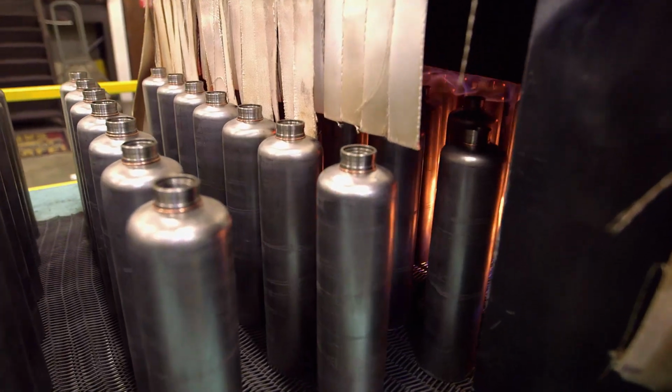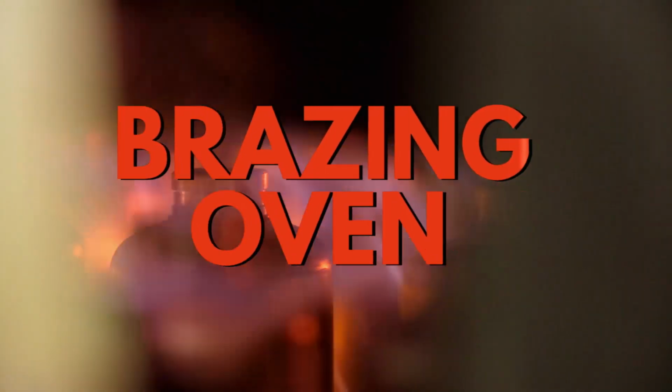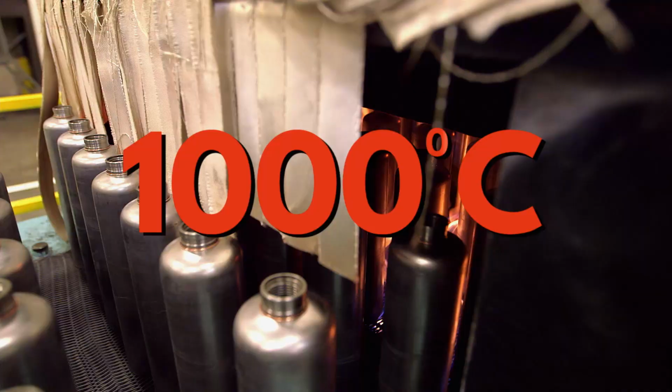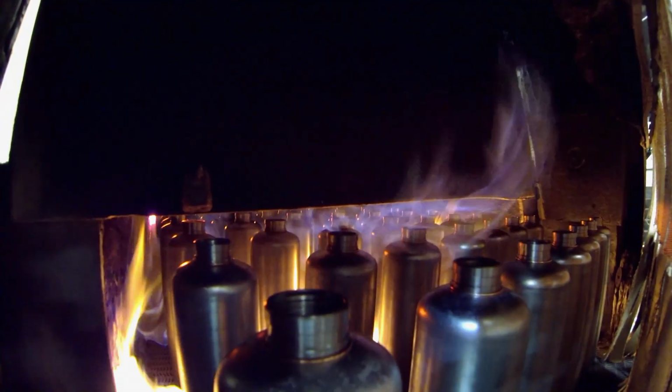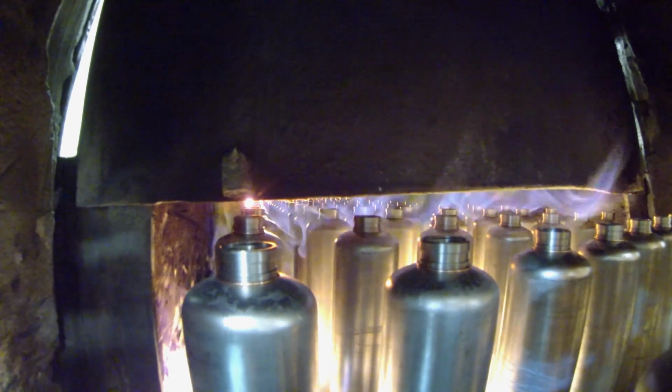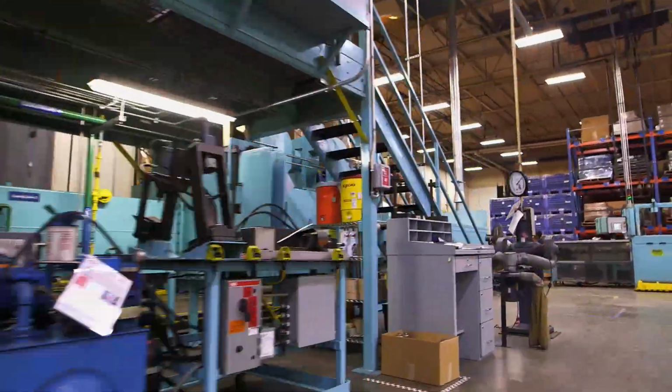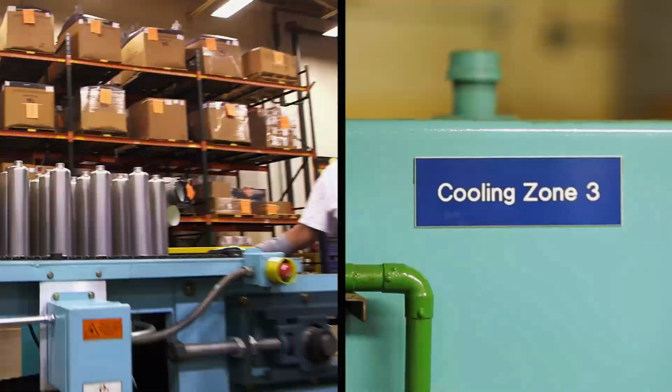This is where all the fun begins. Ooh, what happens now? Next step is the oven. The assembled containers are sent into a brazing oven for nearly 2 hours. The oven is set to over 1,000 degrees Celsius. The heat in the oven melts the copper collars, fusing the neck and bottom to the steel cylinder. And it looks really cool. After cooking, the cylinders travel a long way on a conveyor belt, cooling as they go, until they get to